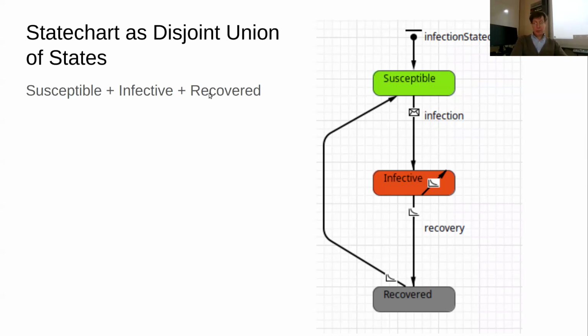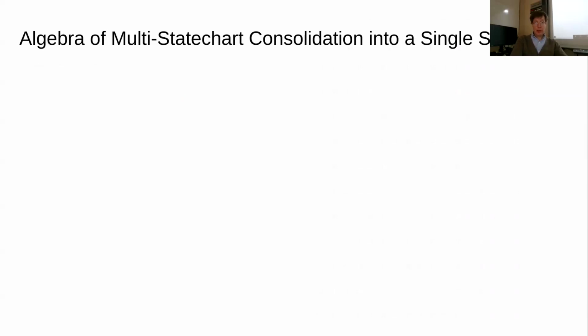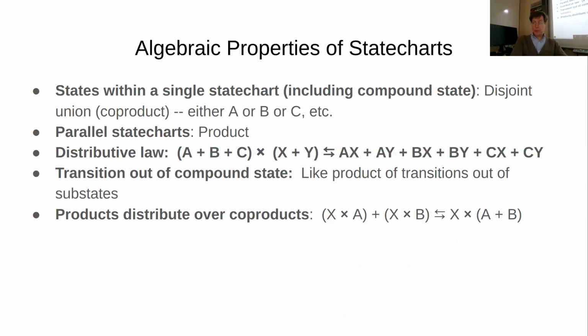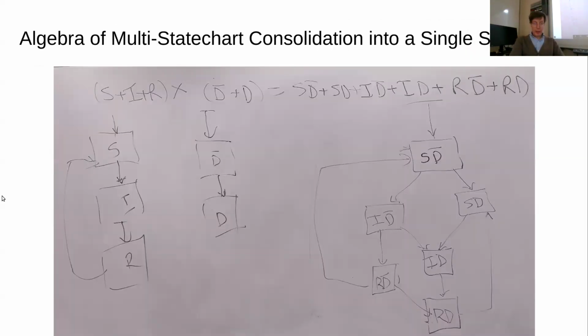So a given state here can be characterized as having this disjoint union or coproduct among the different states in terms of its possibilities, in terms of the value you can have. If you have parallel state charts, like these two here, and forgive me for drawing them out on a board here. If we have SIR with respect to this state chart, and we have no heart disease and heart disease with respect to this state chart next to each other,